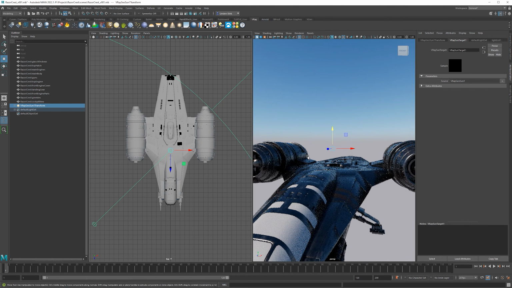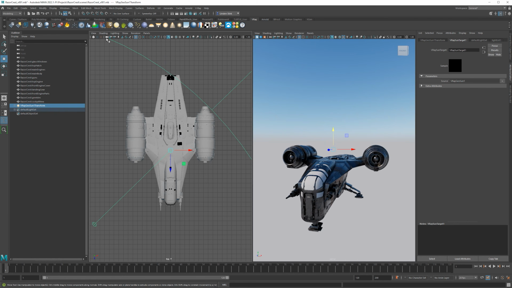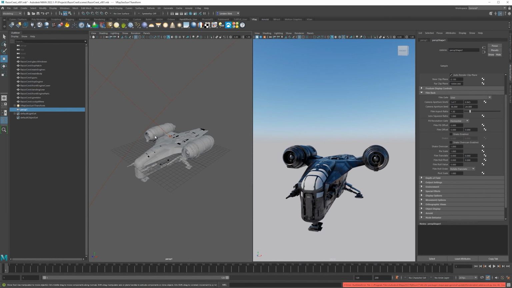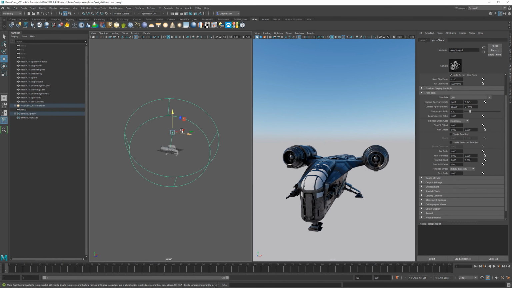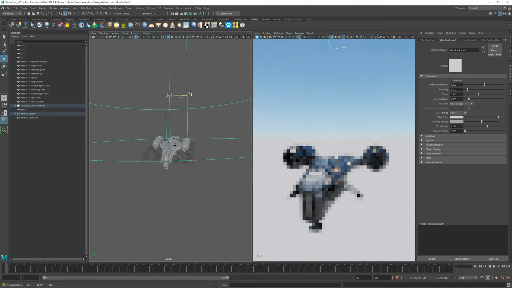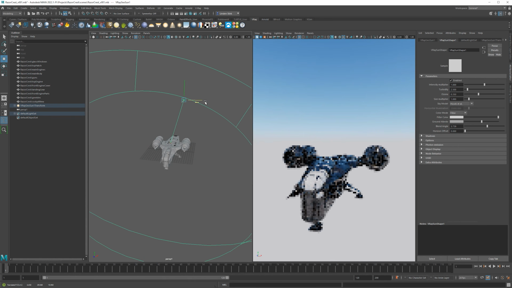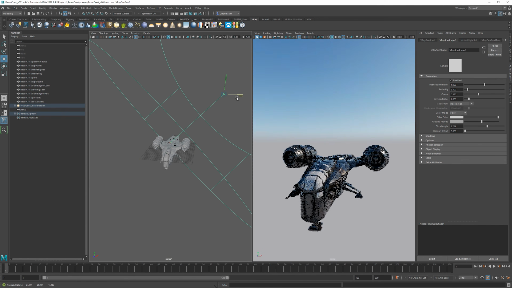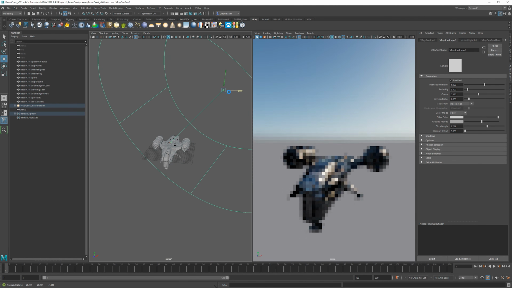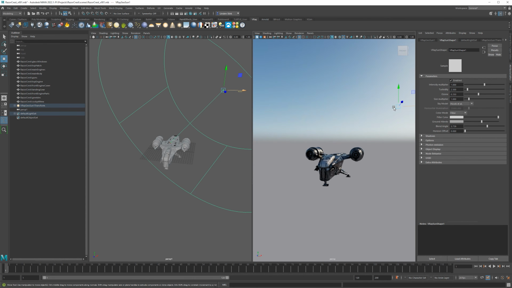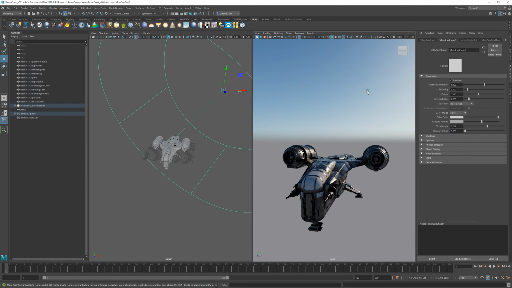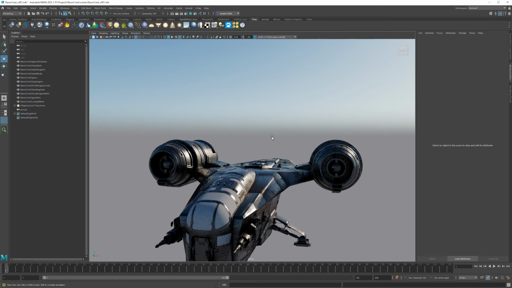So you can get one view here, and then a new perspective view. I can drag this wherever I want, do that over there, or get a nice reflection, something like that. Sometimes that's easier than having to zoom out and do it this way, because not all the lines show up.